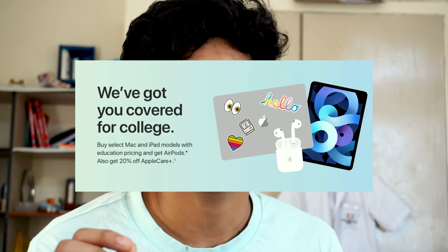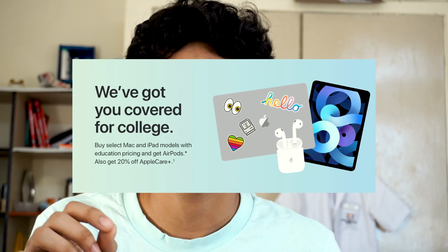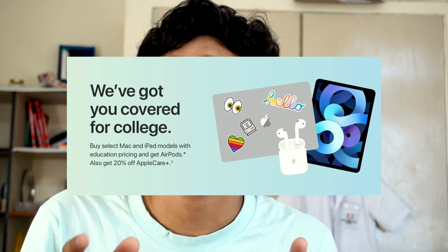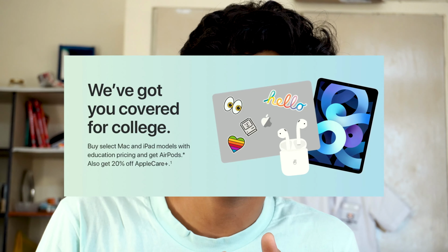Also, I would not recommend buying this iPad Pro just because you have a student education ID and you're getting the discount. No, it's not worth it. You should wait for the back to college, back to school sales that come around November, December. They give you free AirPods. That is a much better deal than just buying it for 78,000. In 78,000 you can also get AirPods for free. So technically it's more value. Other than that, this is a very expensive device and